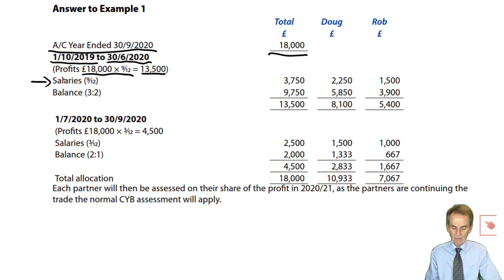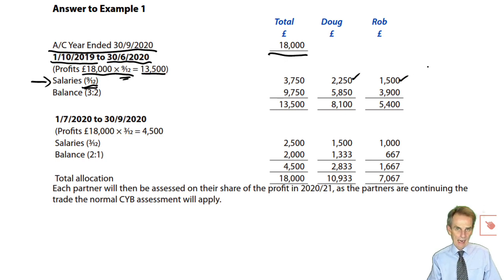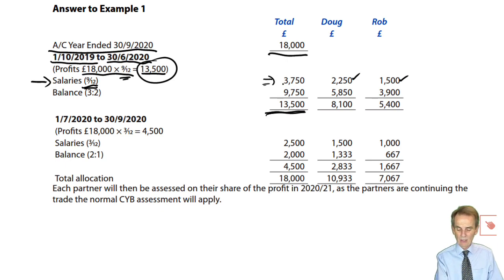Here there's just the salaries. They were £3,000 and £2,000 per annum respectively, but we just take 9 months of those salaries. So that should give us £2,250, 9/12ths of 3,000, and 9/12ths of 2,000, £1,500. Add the two together, 1,500 and 2,250, is a grand total of 3,750. 3,750 out of an available profit of 13,500. Therefore, if we've already accounted for 3,750, what is the balancing figure to be split in that profit sharing ratio? Answer,